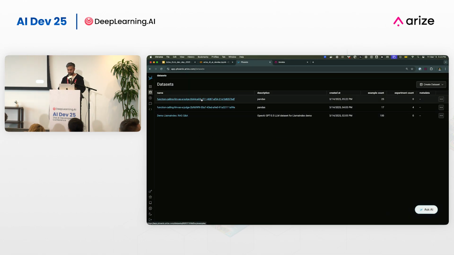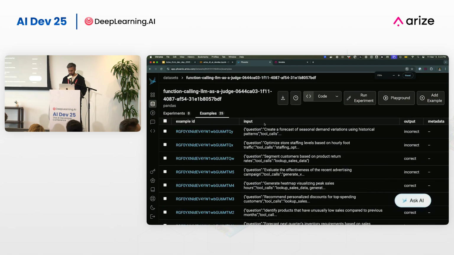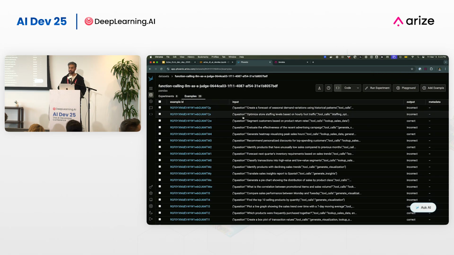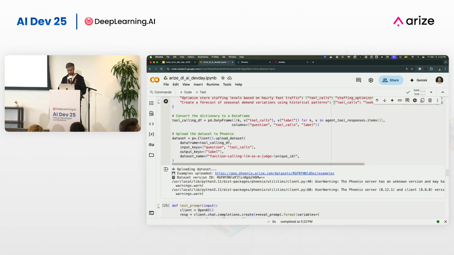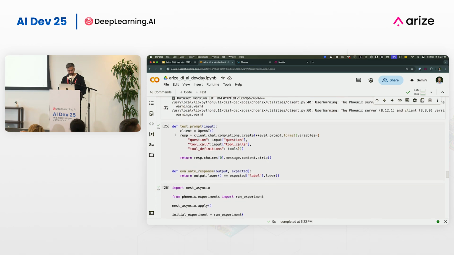So I just created this. You can see the timestamp here, the top one. And if I zoom in, this is the same data set I just showed you in code. The reason that this is important is because when you're taking production data or you're using data for development, you want a way to be able to version and maintain that data in a central place. So think a very common term is like golden data set. This is where you would store your golden data set. Great, so I've uploaded that to Phoenix.